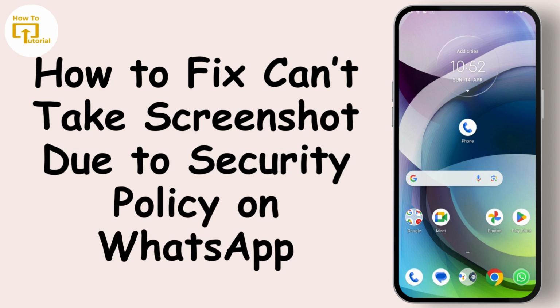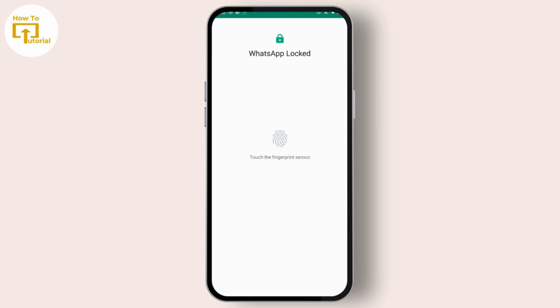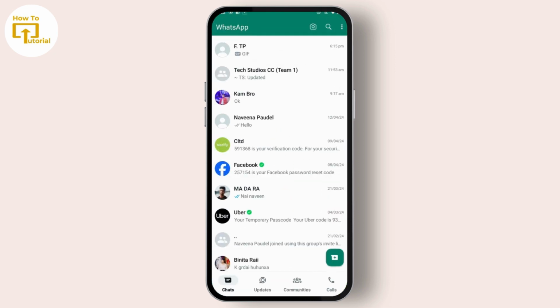Today we are going to learn how to fix can't take screenshot due to security policy on WhatsApp. So let's get started. If you face this error which says can't take screenshot due to security policies on WhatsApp, then what you can do is just simply open up your WhatsApp application, and after opening up your WhatsApp application,